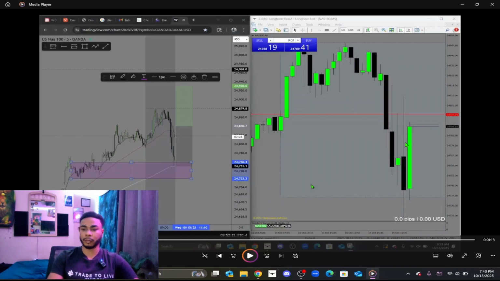Right, so I was thinking, okay, the next candle that breaks the high of this liquidity grab candle, pushing the momentum, I'm gonna get in for buys. Because as you can see, as I broke down on the TradingView, I had all those confirmations. I had the 15-minute demand zone that got tapped into. Price was rejecting off the 3 MAs. We're in an uptrend, and we got this big